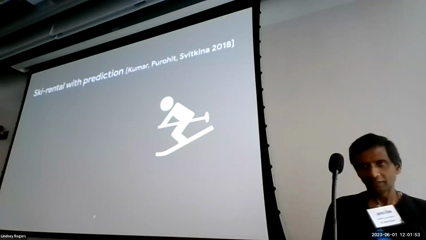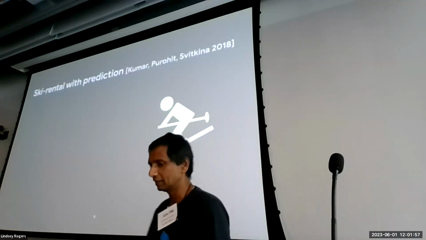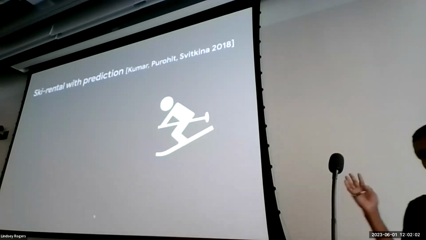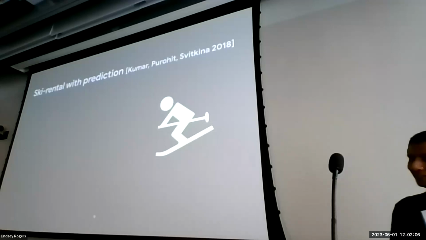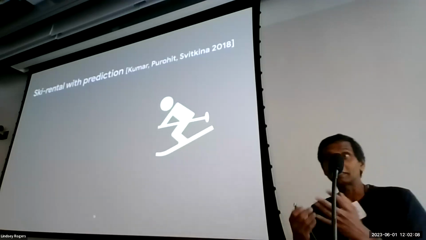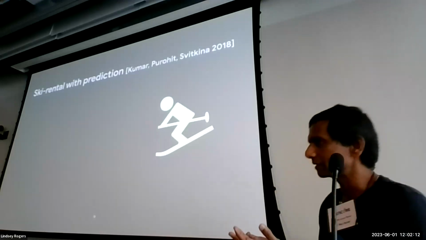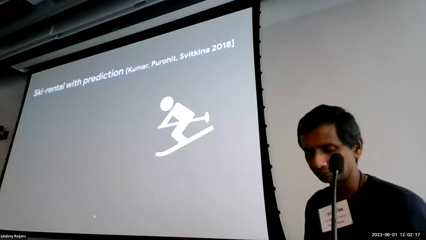Okay. So what about prediction? Imagine the ski instructor looking at me and saying, okay, you don't look like a skier. You're going to ski for like 3 days. You're going to either break your bones or give up or go back home. There is a machine learning model that looks at a person's profile and past history and predicts how much you're going to ski. Can we use that to improve the algorithm? Okay.